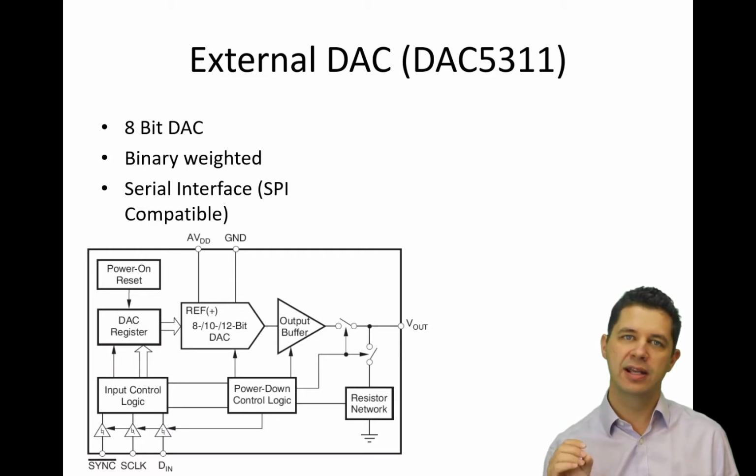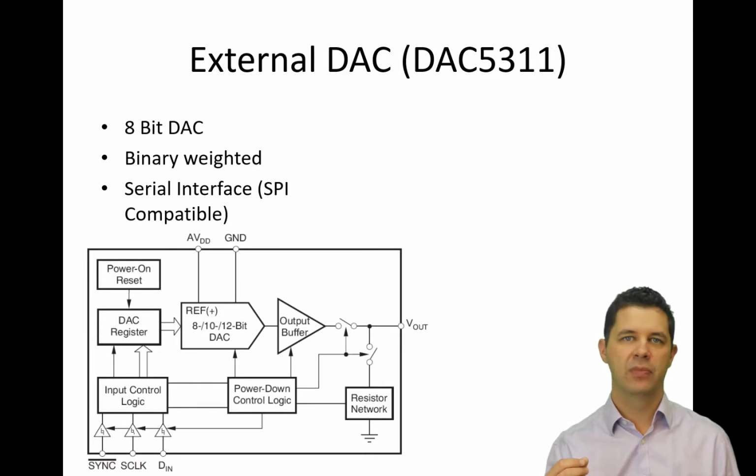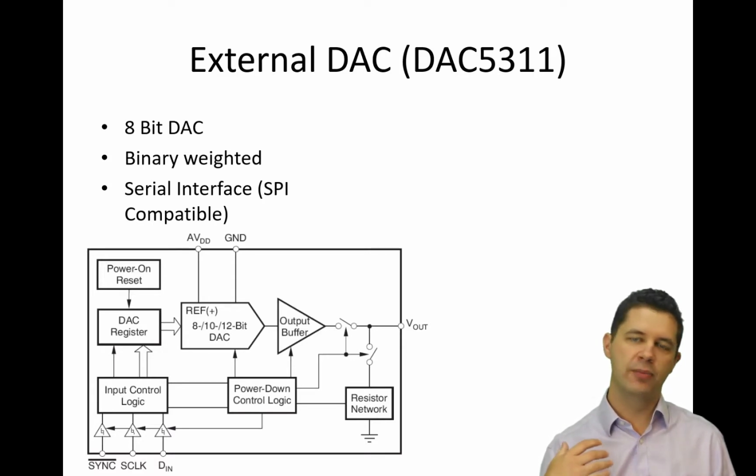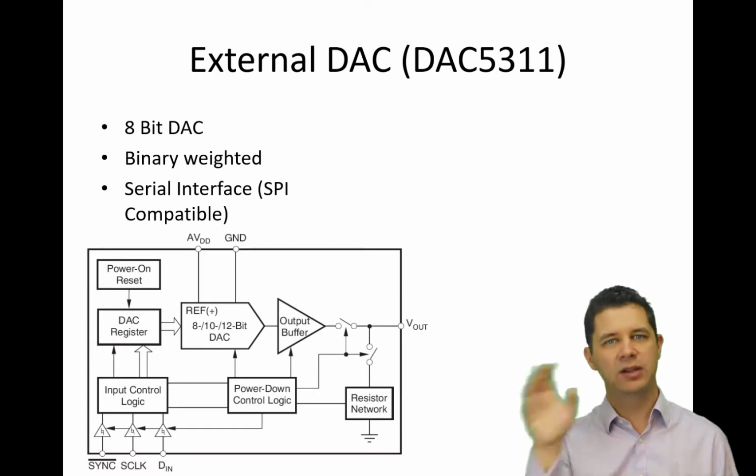In this one it's an 8-bit DAC. So we've got 256 different voltage levels that we can have in our output. It's a binary weighted one, so we talked about that sort of scheme before of how it actually works. And we connect to it via SPI. We'll talk about interfaces like SPI towards the end of this course. But that's essentially how we tell from our microcontroller or other digital logic to this device what analog output voltage